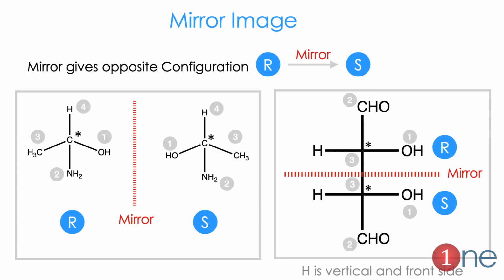So let us know some story about mirror image. If you have one compound in a particular configuration, say R, the mirror image should be S. So the mirror image is always of opposite configuration. Here I have shown the example on the left hand side. You see that the molecule is in R configuration. If you keep the mirror, the molecule gets S configuration. You can do the arrangement studies and find it yourself. So it will become S. Similarly, the mirror image inside the molecule also, you get the same.